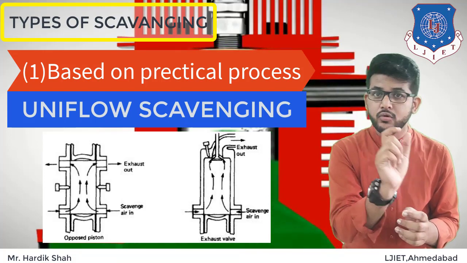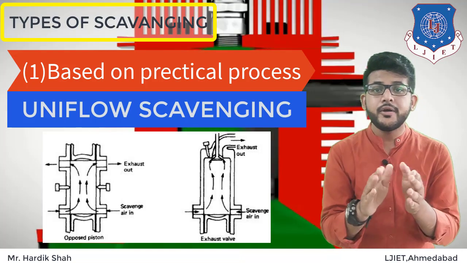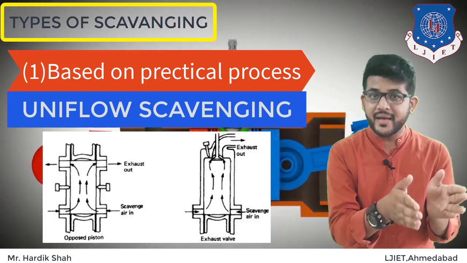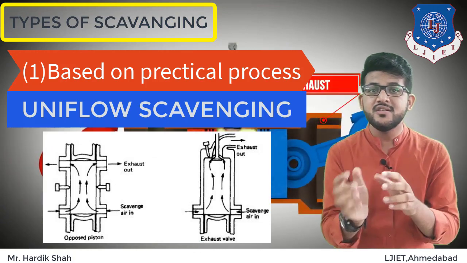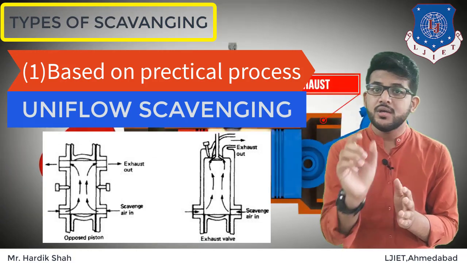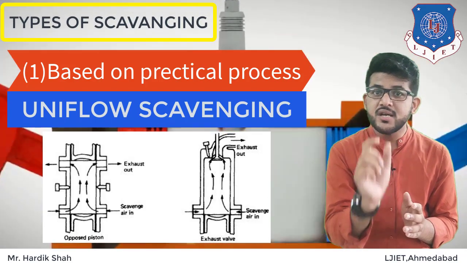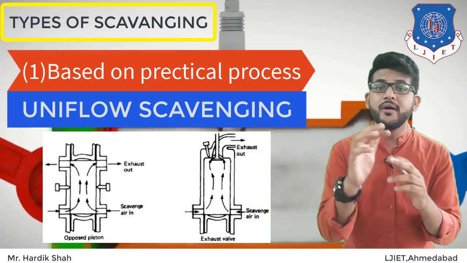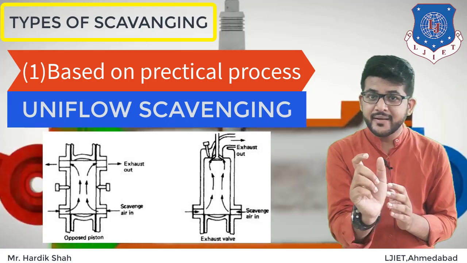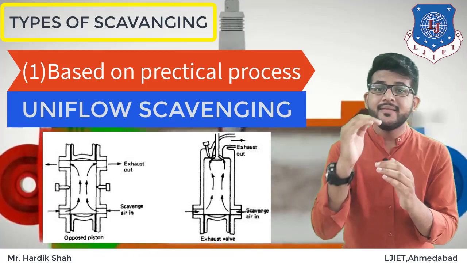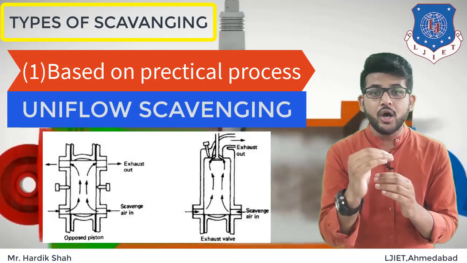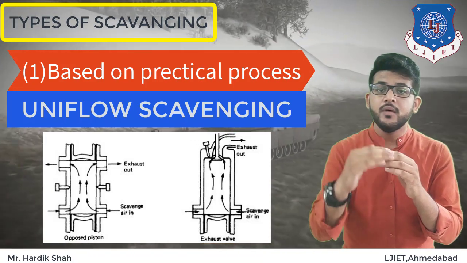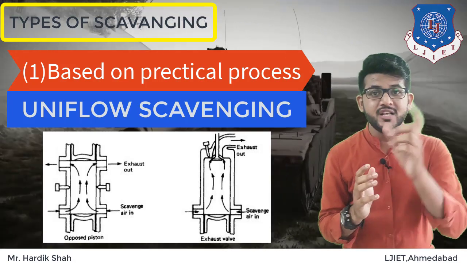The direction is same, uniflow scavenging, and there are two types in uniflow scavenging. One is uniflow scavenging with poppet exhaust valve and second one is scavenging with opposed piston. So in both the types, the fresh charge enters from the bottom. Okay, now the flow is controlled by the movement of piston. So in poppet valve type, the valve is fitted at the top, which is mechanically operated by the cam, and exhaust gases go out of the cylinder from the valve when it opens with respect to the cam.